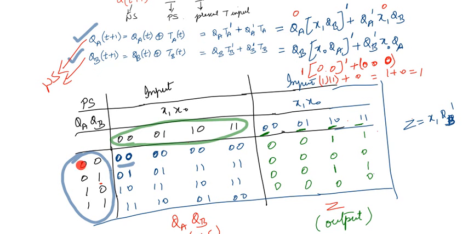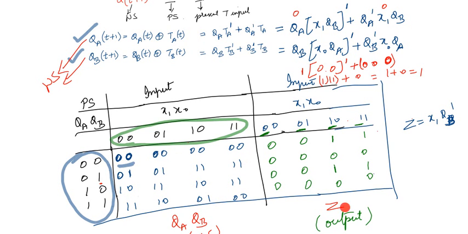So using each of these values, QA, QB, x1 and x0, fill each of the values. Put the values in these expressions. This first value is your QA value. The second value is your QB value. This is your QA(t+1). This is your QB(t+1). Okay, right, you have to fill this. Carefully you have to substitute these values and fill this.